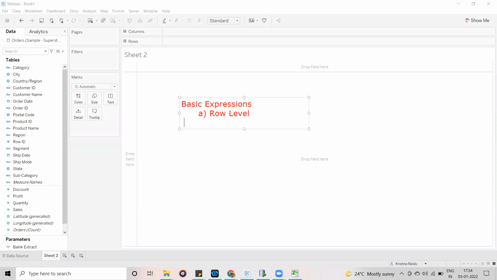And another one is aggregation level, aggregation, or we will call it a group level calculations. And another type is LODs. LOD, we will call it level of detail expressions.